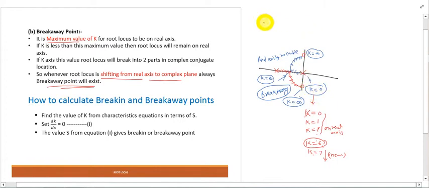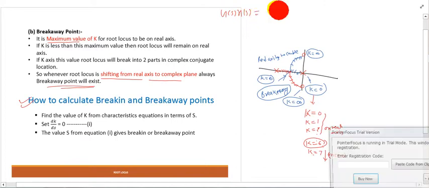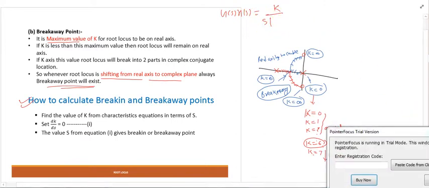My next question is how we can calculate the break-in and breakaway point. The calculation of break-in and breakaway point both are the same. Now see how we calculate the break-in and breakaway point. Let's consider our example. Our example is G(s)H(s) equal to k divided by